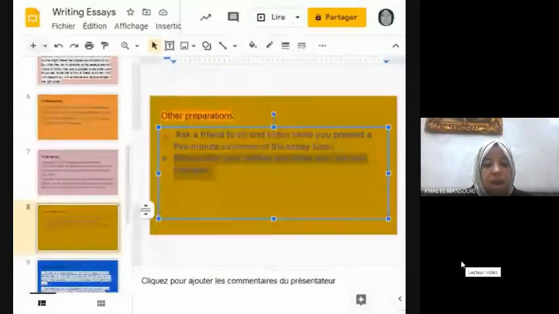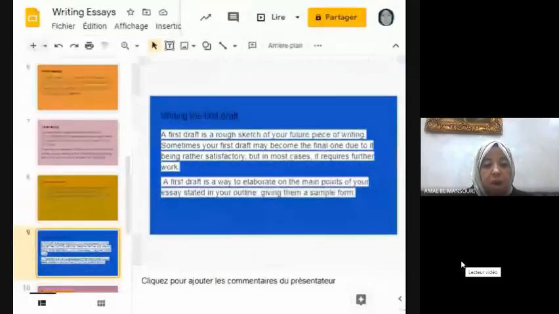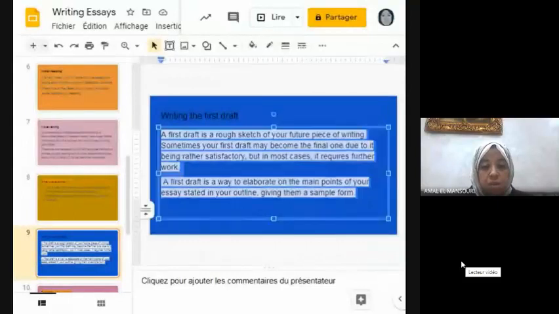Now, we have to talk about writing the first draft. So a first draft is a rough sketch of your future piece of writing. Sometimes your first draft may become the final one due to it being rather satisfactory.